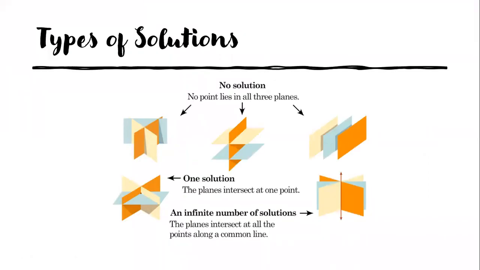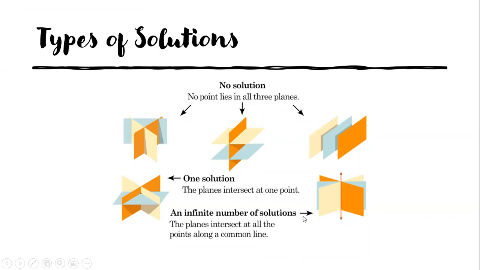So, types of solution. Because we have 3 variables, that means we're working with planes, not just lines. If you remember from geometry, a plane. And so we're looking at what points these planes intersect, okay? If you look, we have no solution in these 3 situations. No point lies in all 3 planes, so there would be no solution. We're looking at one solution if it's this type of situation, and it's right there, where they all meet,